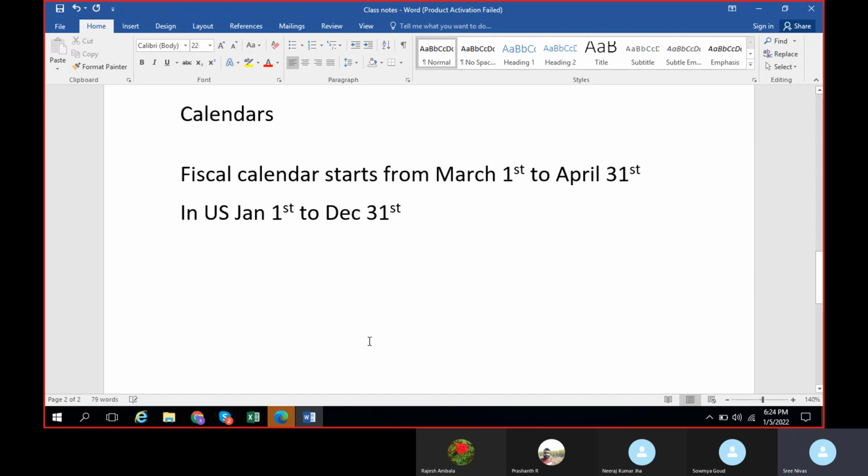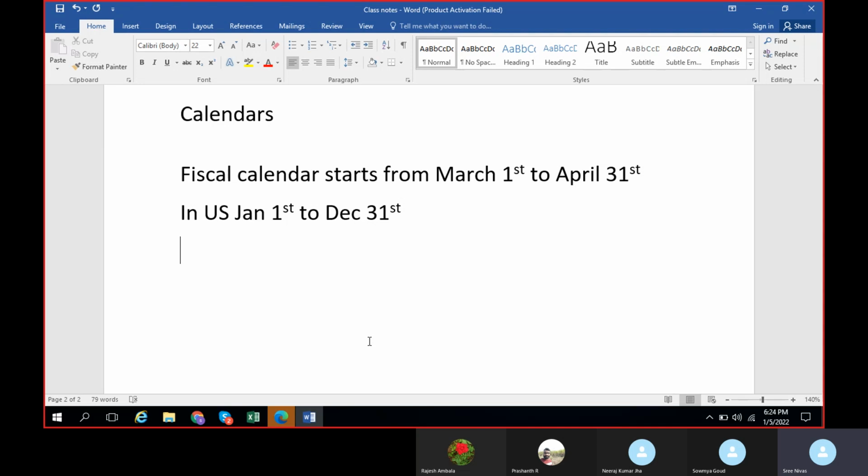But here in Dynamics 365, in case you are maintaining business transactions in the normal books of accounts, it is not possible to record transactions in two calendars. But here we have the flexibility to maintain multiple calendars.